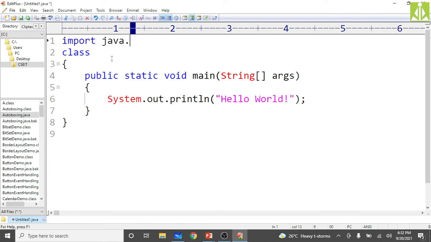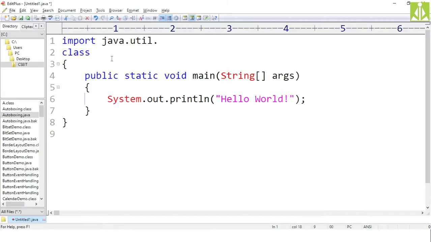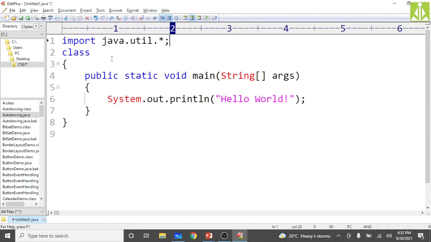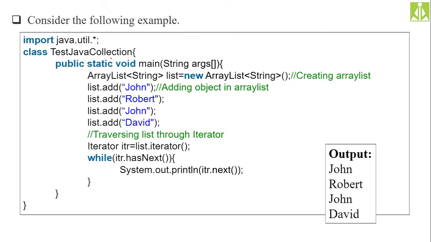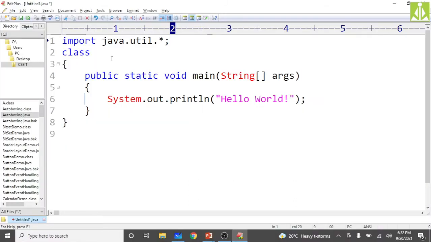So import java.util.*; we will import all, or you can go with specific ones also, but I'm using multiple interfaces and multiple classes. As you can see over here, I'm using ArrayList, I'm using List, and I'm using Iterator. Different interfaces and different classes I'm using over here, and that's the reason I'm not going directly with a specific class, rather I'm importing the complete package.